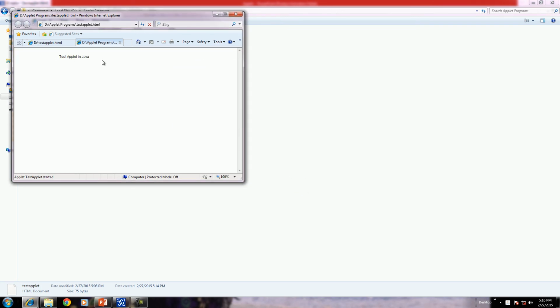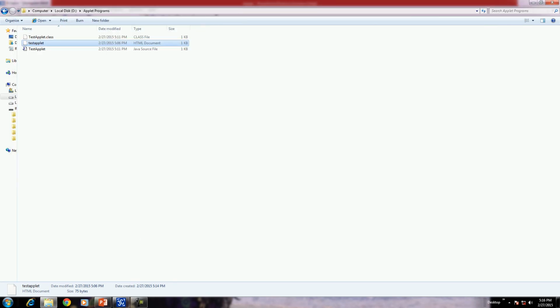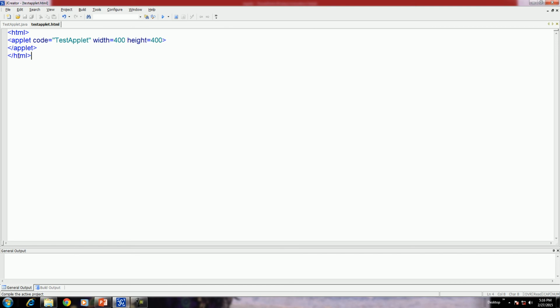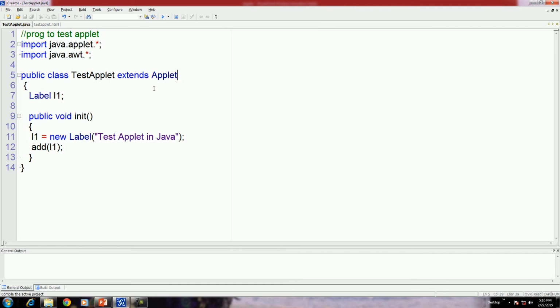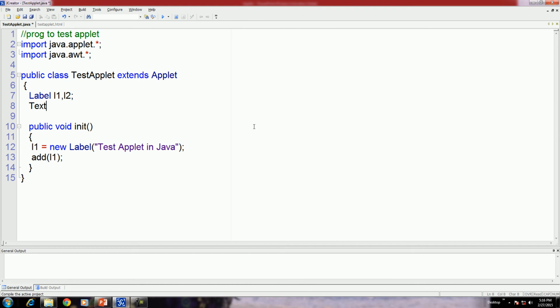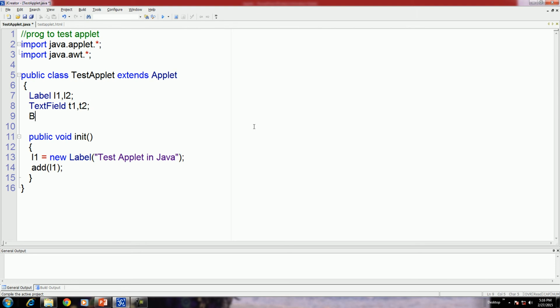Here is the output. Okay, now let us create a login screen on an applet. For that purpose, we have to include here label 2, now two text fields, and after that a button B1.